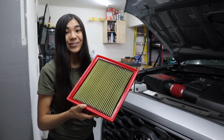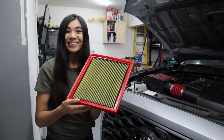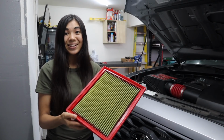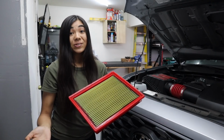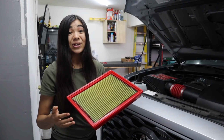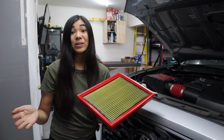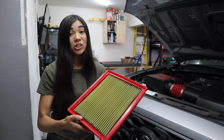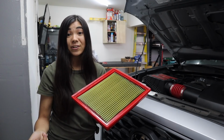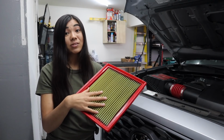So this is my air filter, and if you're a regular viewer on this channel, thank you, but you'll also recently know that I upgraded to this TRD Performance Air Filter from the stock paper one. Here in Southern California, I find that my air filters collect a lot of dust, and actually the paper ones need a replacement about every 2,000 to 3,000 miles just because of all the dust here. So a lot of times I would shake out the dust or try to blow out as much as I could to extend the lifetime of it until I upgraded to this one,